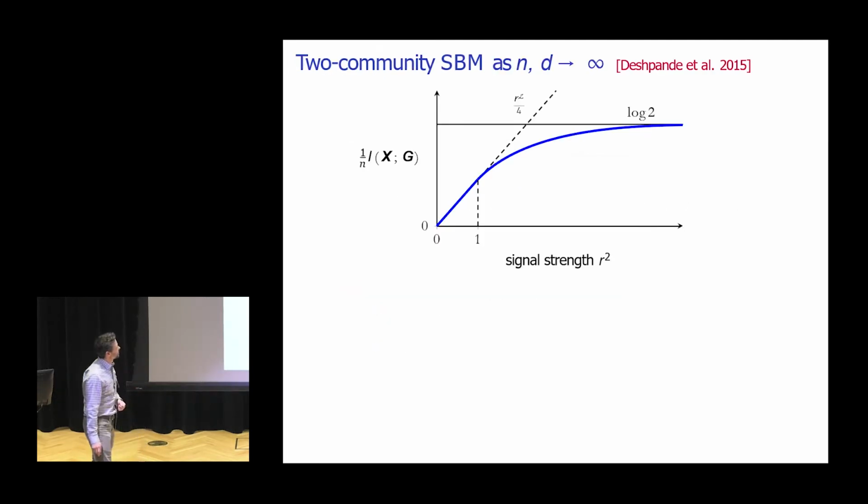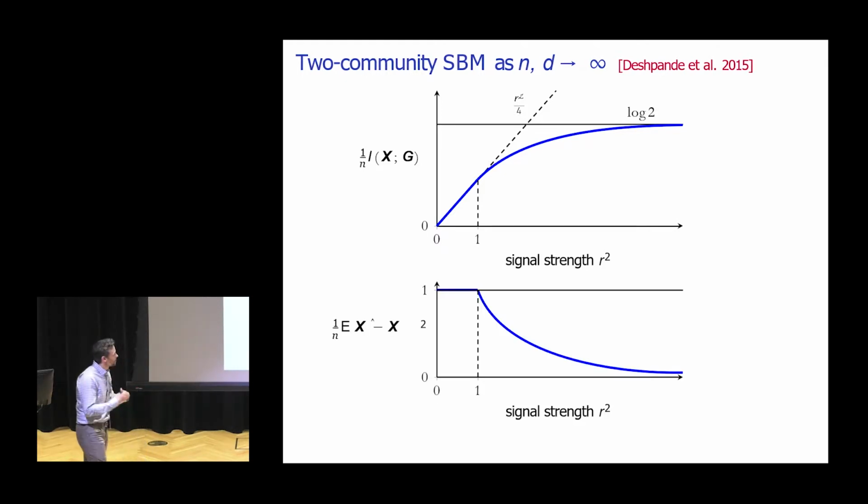So there's this really nice work by Deshpande, Abbe, and Montanari where they characterize the limit of the mutual information. So it's a simpler form of the result Jean was just showing. And what I think is important here is there are 2 trivial upper bounds, and this mutual information actually matches that first upper bound up to this magical point 1.